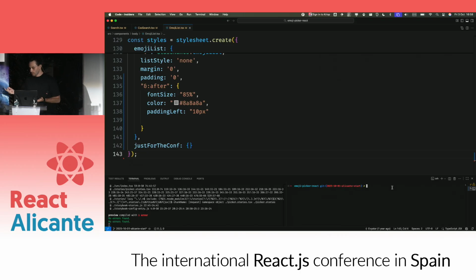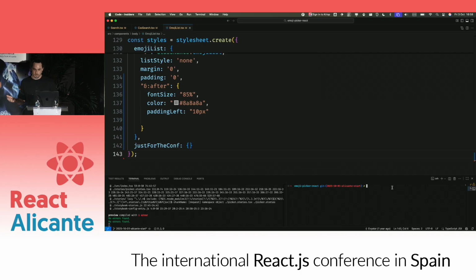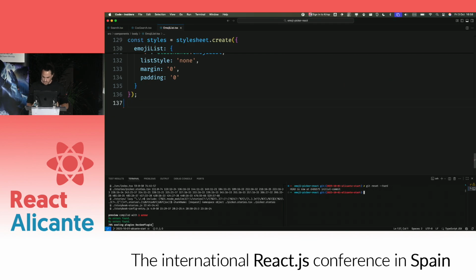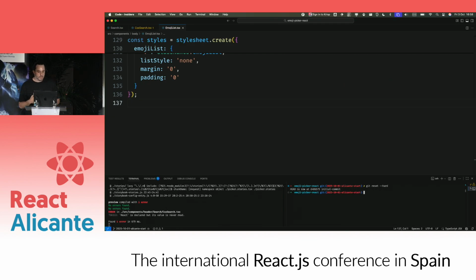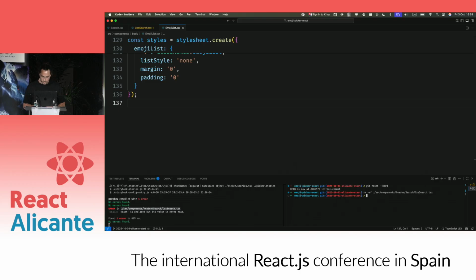And I thought, well, I could probably build my own virtualization solution for my library because I do have those specific needs for keyboard navigation and for all this complex grid. And so I did. So it's not published yet. So let's remove everything that we just built, because it's already in production. I don't care about it anymore. And yeah, let's also remove this one file. Okay, so it now builds,